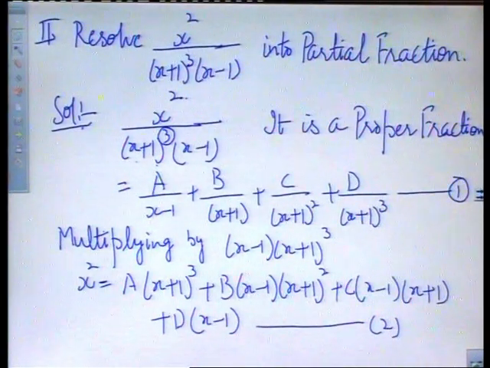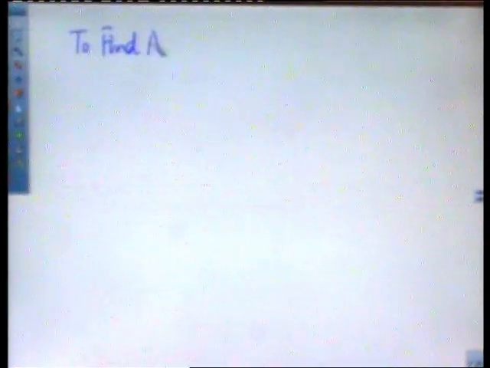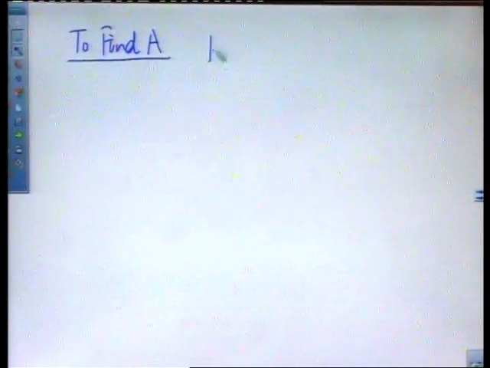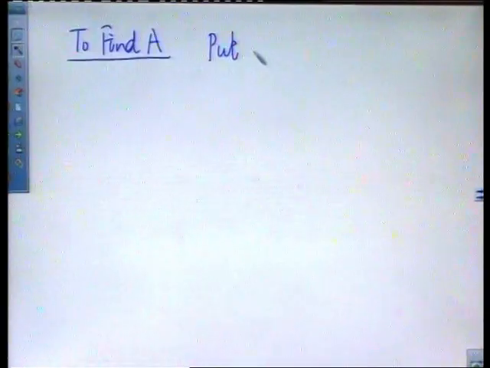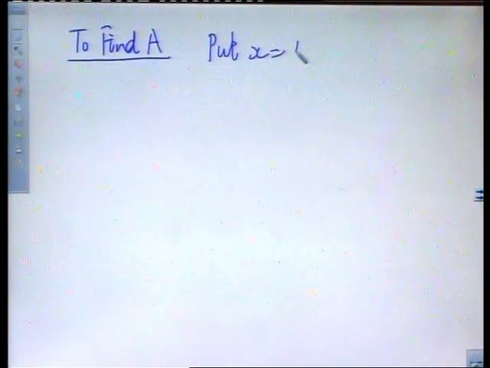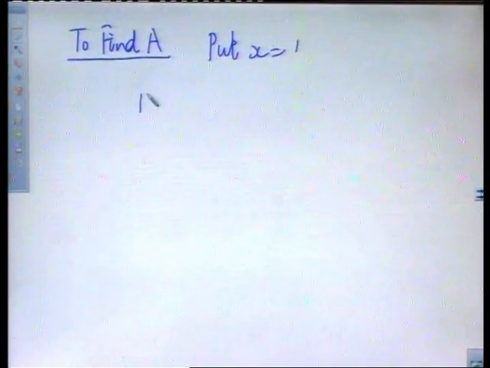Now, in order to find the values of these constants A, B, C and D, we can put x equal to 1, we will get the value of one constant. By putting x equal to minus 1, we will get the second value, and for the other two values we have to equate the coefficients. To find A, we will put x equal to 1. When we put x is equal to 1, we have on the left hand side